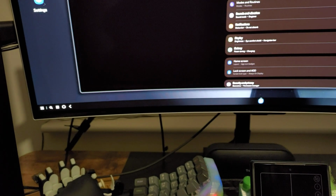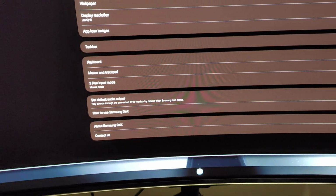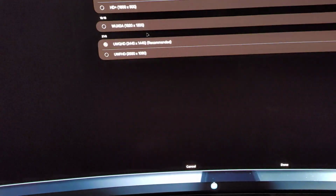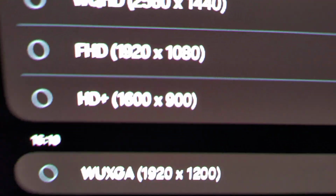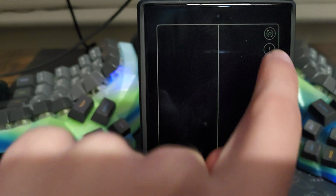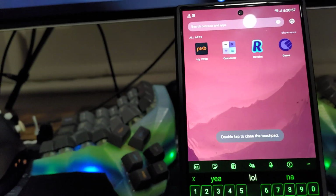So by default, if you were to go into settings here, and if you were to go into Samsung Dex, and if you were to go into display resolution, now normally by default you should only have 1080p. So to fix that, what you want to do is you want to disconnect from this, and then you want to go over to Good Luck. And then, while you're inside Good Luck, you want